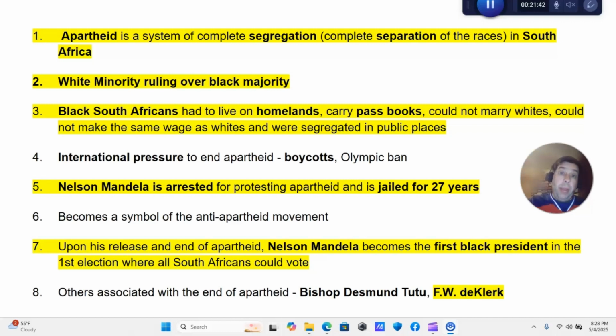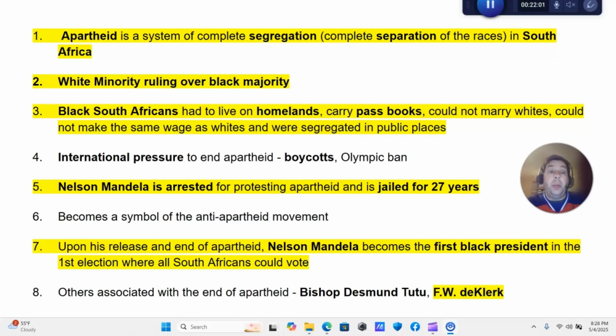But it would make a good enduring issue if it's about human rights violations. Talk about apartheid. You could also talk about Gandhi in the last little bit, right? India being a colony and being mistreated by the British. That would work. But if you write an enduring issues essay, one of the things is like efforts of people